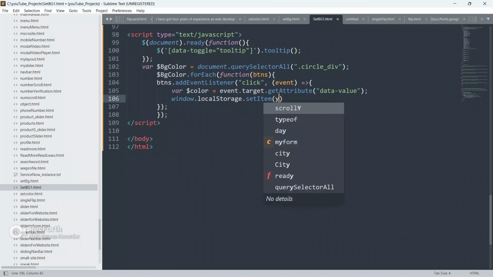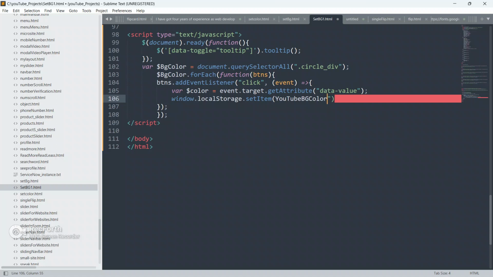I am going to set here YouTube BG color, for our understanding, so that we will recognize it in our local storage, in our application. And what to set, guys? We are going to set this color.